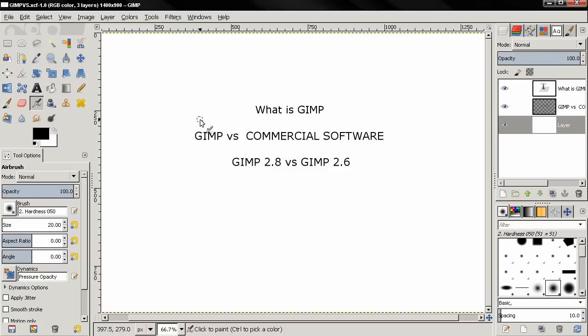Now I also want to compare GIMP 2.8 to 2.6, and not so much compare them, but talk about the direction that development of GIMP is heading. And I have to say that I'm a little bit disappointed, and the reason for that is that